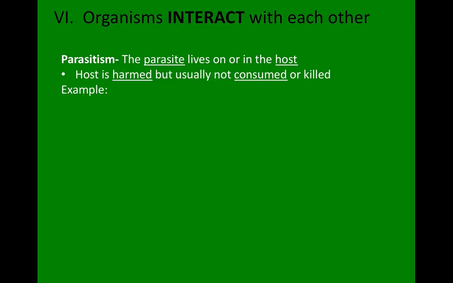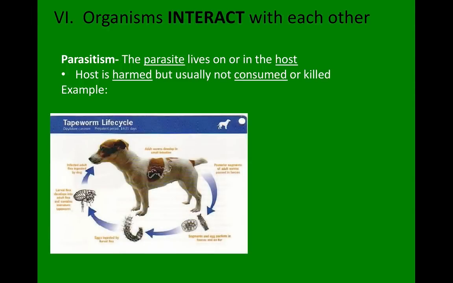All right, next topic within interactions of organisms is parasitism. A parasite lives in or on a host, but it's not usually killed, it's just harmed. It's not completely consumed. I'm going to give you two examples. You choose one of them to write down. A tapeworm living in the small intestine of a dog. The dog's digestive system has digested the food to a point that the tapeworm can use, and it absorbs the food within the small intestine. The tapeworm gets a nice meal. The dog lacks nutrition and nutrients because it's being stolen from it.